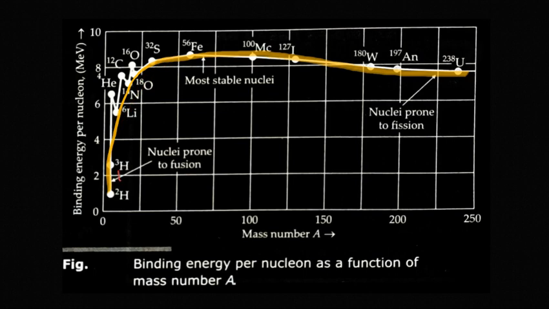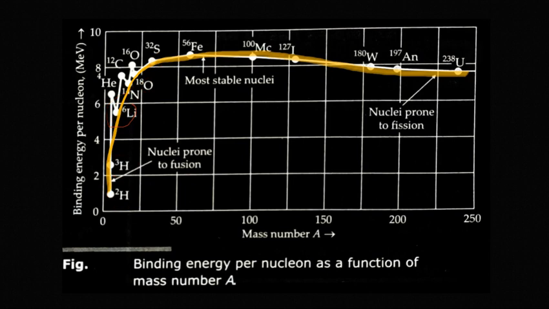So if you see, as you increase the mass number for this part of the curve, look, if I increase the mass number, the binding energy per nucleon also increases up till this iron. Look, if I increase the mass number, the binding energy is also increasing. Fine. What does this show? That means the nuclei are slowly getting heavier. So the heavier the nuclei, the more stable it becomes. Clear? Like in this case, tritium is more stable than deuterium.